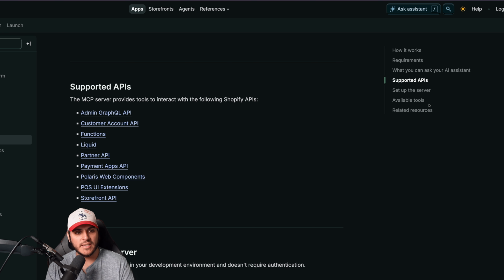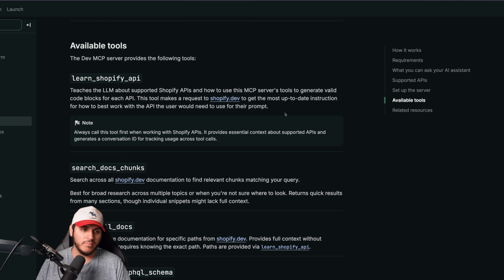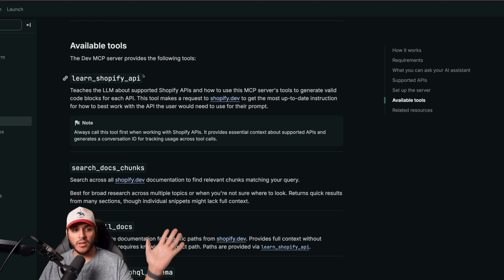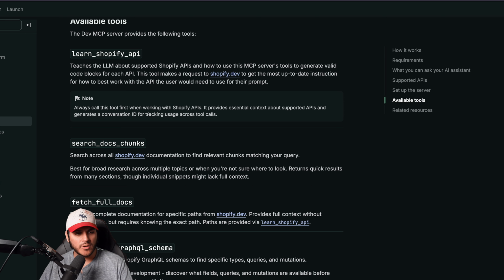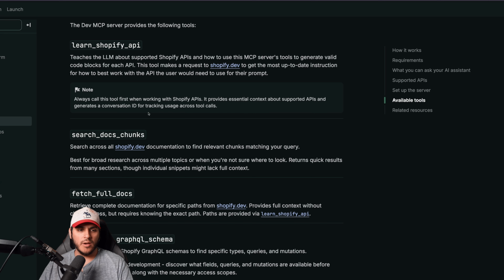If you want to dig a bit deeper to see exactly what the Dev MCP is actually capable of, you can go to this docs page here, and if you scroll down to the available tools section, you can see all of the internal tools it has available to use. So it has this base tool called to learn the Shopify API, one for searching through the docs, one for introspecting the GraphQL schema to see what kind of queries and mutations are available. It can validate code and API calls. So it has quite a few tools available that make it an incredibly helpful thing to use when you're building